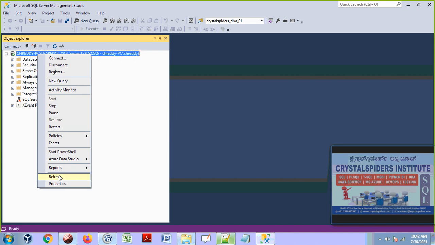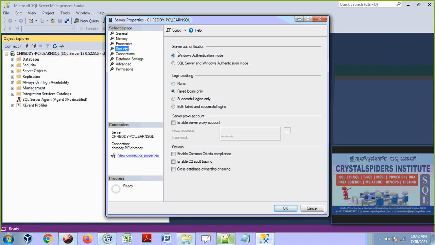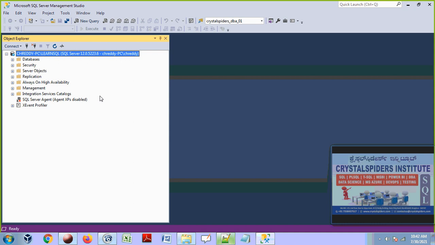That's how it is set up by default, guys. Go to Properties, go to Security, and you will see that the authentication is Windows authentication mode only. That means only Windows authenticated people can connect, not other people. How do we change this? If you select the second option, it will allow both Windows authenticated users as well as SQL Server authenticated users. Select the second option and say OK. Now it is asking us to restart the SQL Server service. Let's say OK and restart the service.